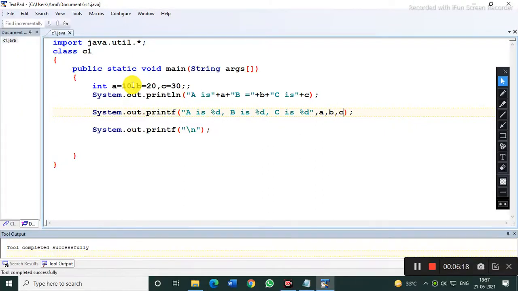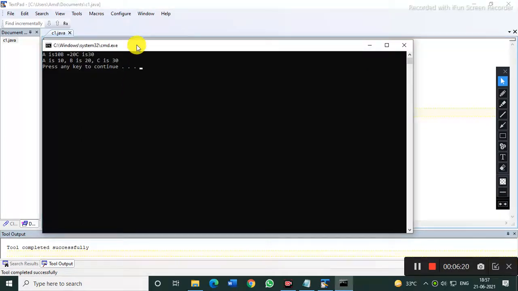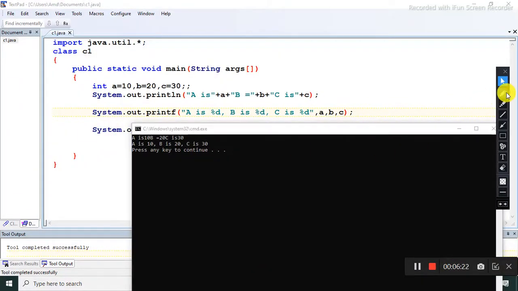Now you can see you will get the same output, but in the first statement you are putting the plus sign again and again. This is very hectic for students of grade 7, 8, 9, 10, even for everyone. Earlier we were using printf in C or C++, especially C, with conversion characters and printing like this. So this printf you can use in Java also.